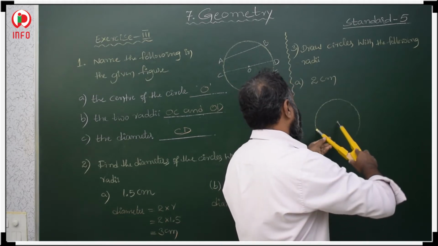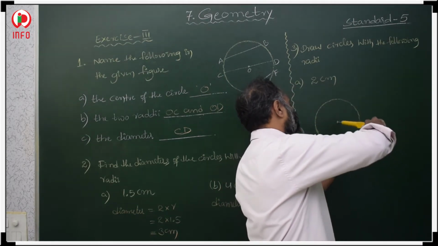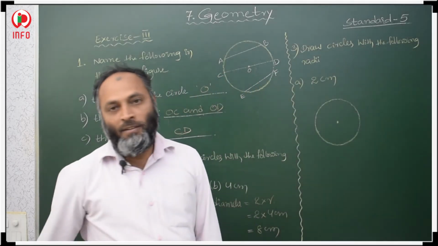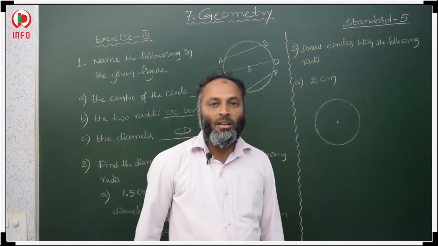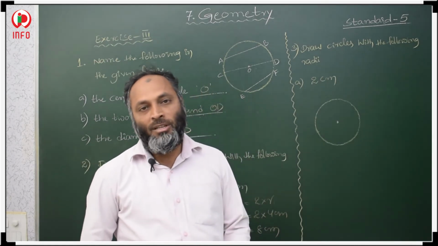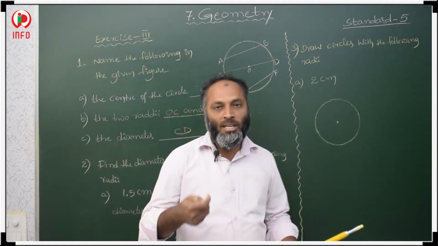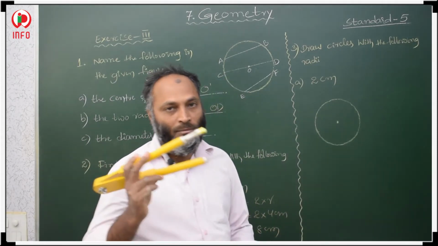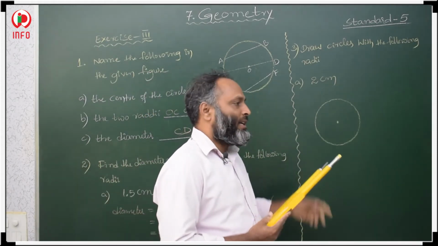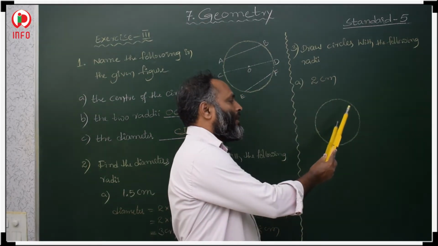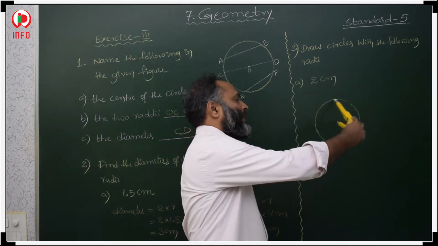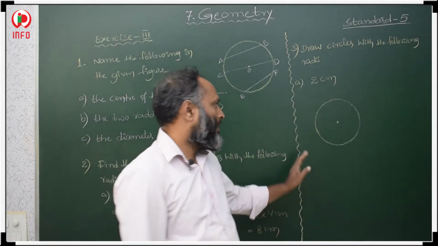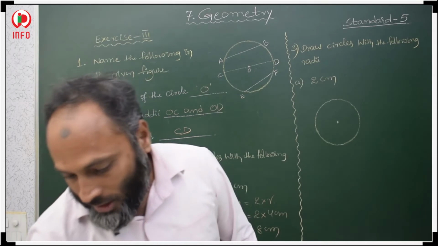Here the circle is very big. Why is it very big? I took the scale of 1 centimeter as 5 centimeters. So, in your book you take 2 centimeters. On a ruler you check 2 centimeters, take the measurement with the compass, and mark a point. On that you keep the sharp end of the compass, rotate the other hand, and you will form a circle of 2 centimeters. Here you also have to write the construction steps.